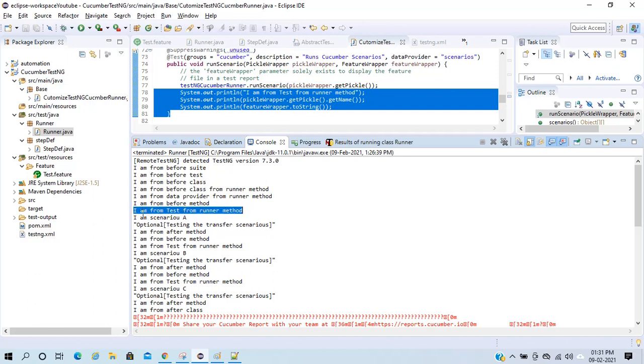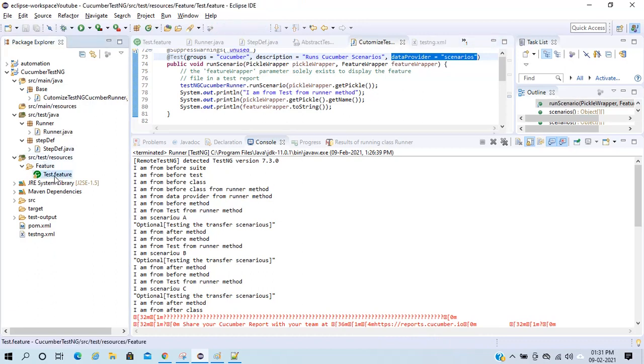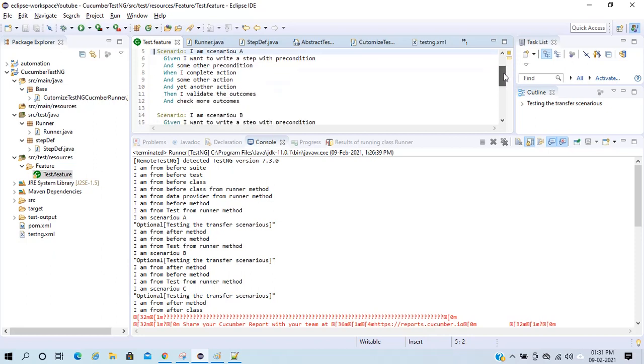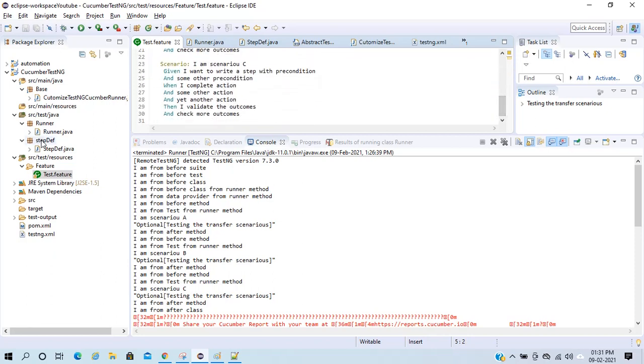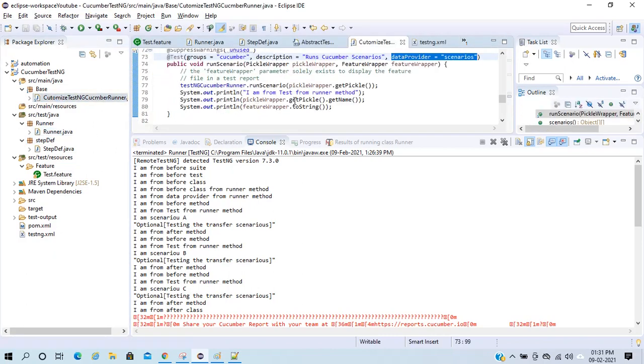Now, guys, this test will run 3 times. What happened here is my data provider is collecting all the scenarios, like scenario 1, scenario 2 and scenario 3. When it collects all the scenarios, my data provider will give this information to my @Test that you have to execute all these three scenarios.